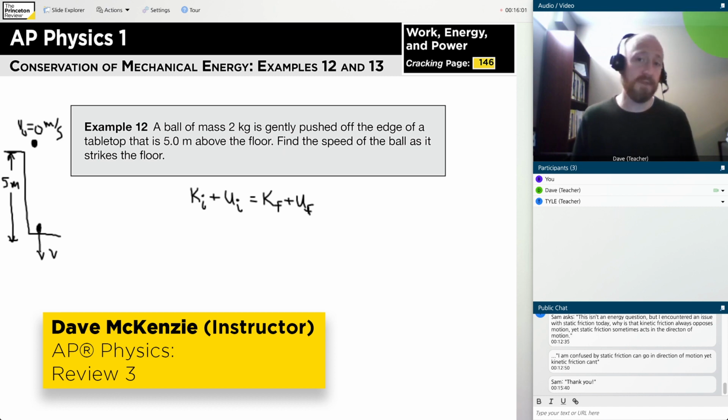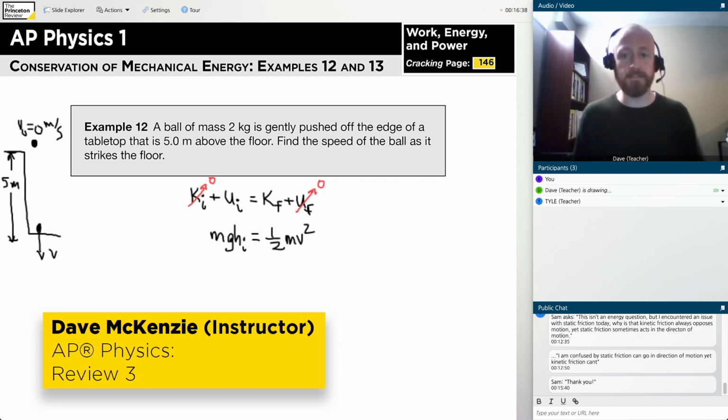We can simplify this from the beginning, which is nice because having 4 terms to juggle can be a bit awkward. So take a step back, right? If the object has 0 speed to start, then it has 0 kinetic energy to start too. And if we say the ground is height 0, then our final potential energy would be 0. What we're left with is this very classic case of one form of energy being converted completely into another. Here we've got potential energy due to gravity, mg h initial,